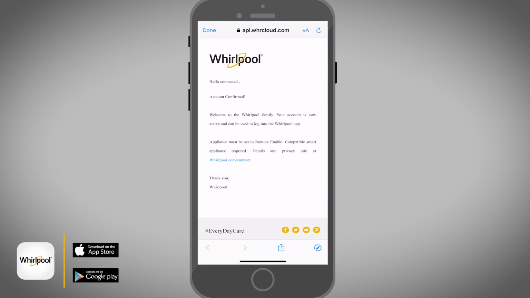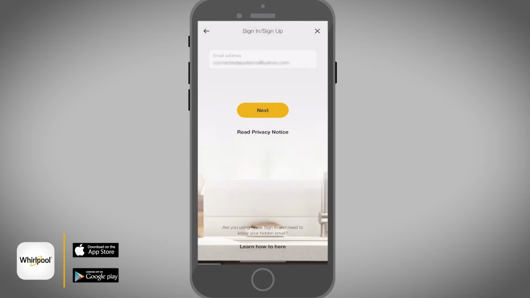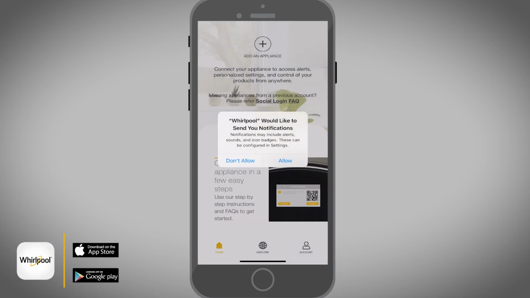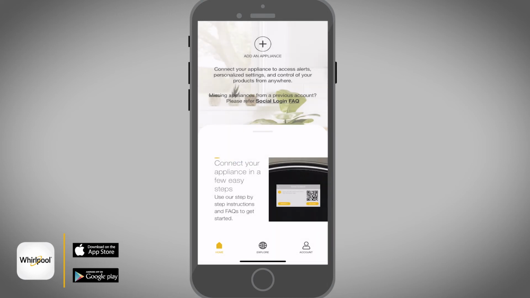Once the account is confirmed, you can go back to the Whirlpool app and then tap on the next option and enter your password, and then tap on sign in. Tap on the allow option on the pop-up to give permission to the Whirlpool app to send you notifications. At this point, you have now finished creating an account in the Whirlpool app and you are now ready to get started with adding your